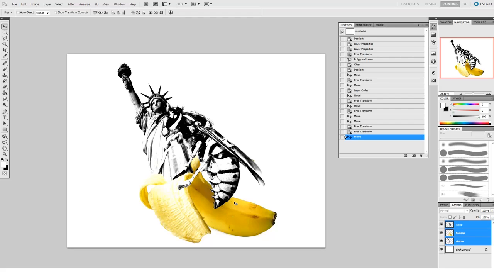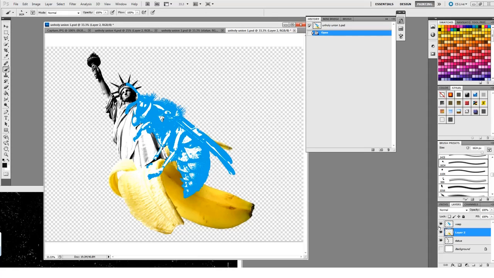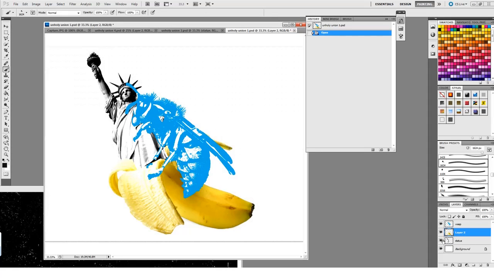Okay, so some final adjustments here. It's good to zoom out of your canvas from time to time just to see what the image looks like from far away, and sometimes even it's good to squint your eyes to pick out the more popping, contrasting shapes, and you get a better sense of the silhouette as it lets you mask all of the details and other things. But so at this point,